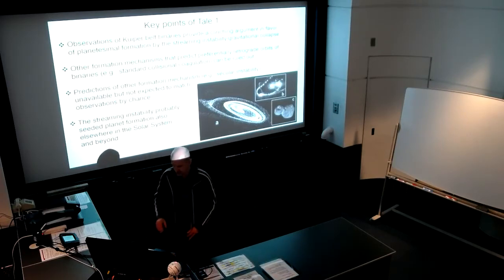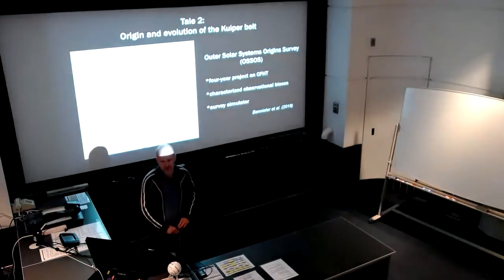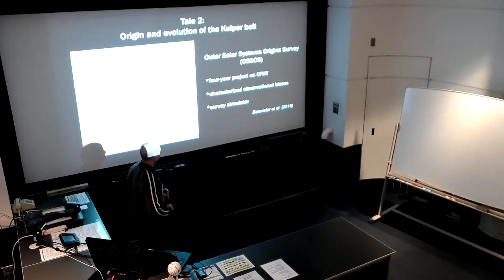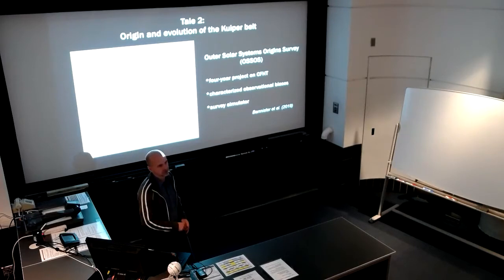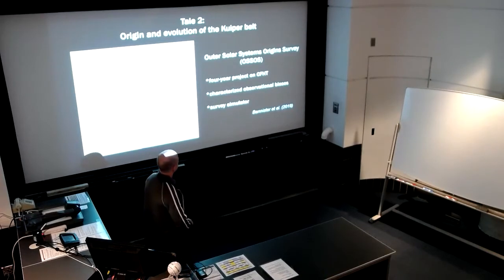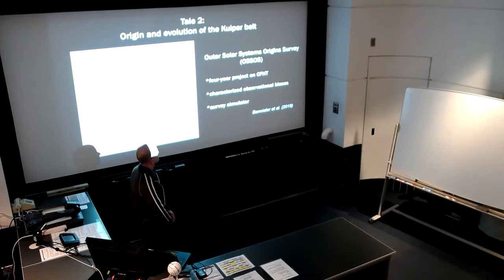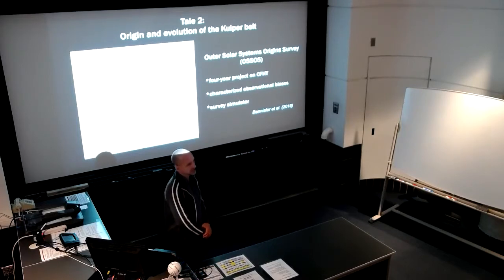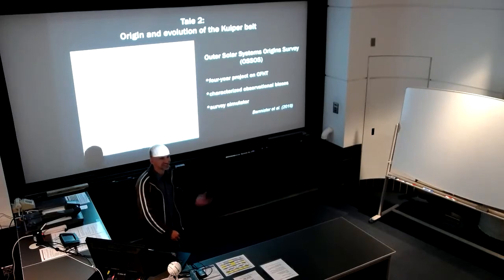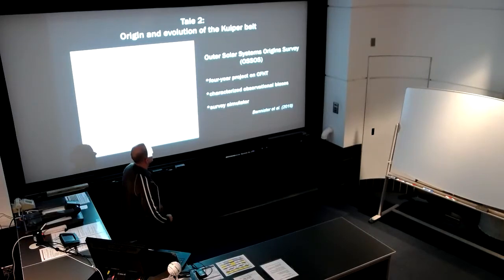Okay, so let's go to part 2, which is the origin and evolution of the Kuiper belt, which has been my interest for almost 10 years now. Thanks to surveys like the Outer Solar System Origins Survey, or OSSOS for short, we now have a pretty good understanding of how the Kuiper belt looks. The OSSOS survey was a 4-year project on CFHT that discovered almost 1,000 new KBOs and followed them to determine their orbits, which is important, right? You don't want to just discover and not know to which population that particular object